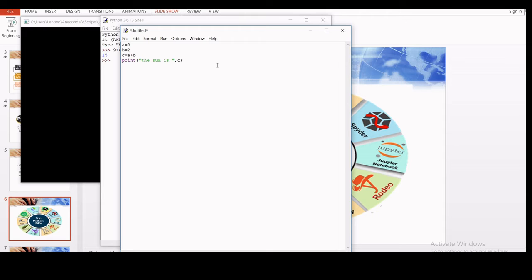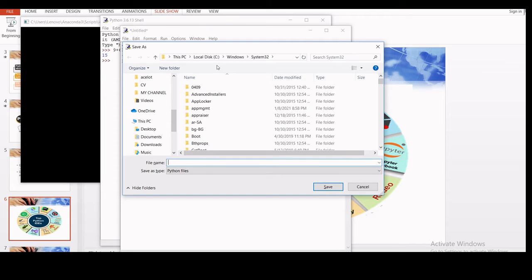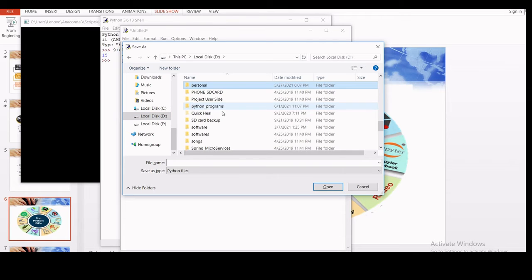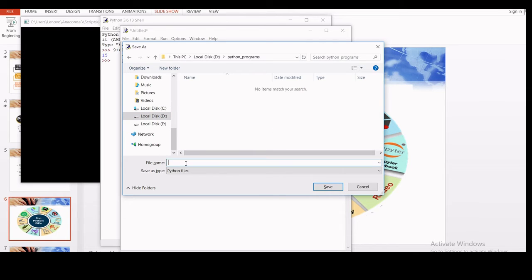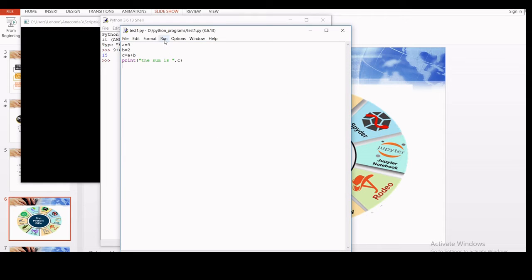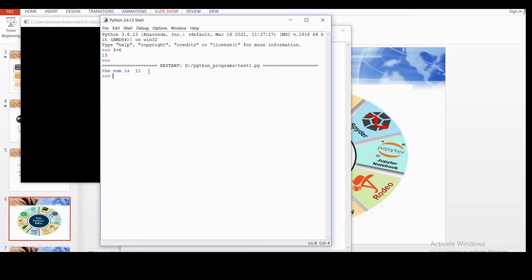Now, as it is an IDE, as I already told you, you have to save it, run it, debug it, everything. So first of all, save it. Control S. It will ask where you want to save. Just choose any drive, any folder of your choice. Suppose there is a Python programs folder. Give any name, suppose test 1. Click on save. Now there is a run button, or there is a shortcut called F5. Run Module, this one, or shortcut F5. You will get the answer here only. So compilation, debugging, running, everything is done at a time.